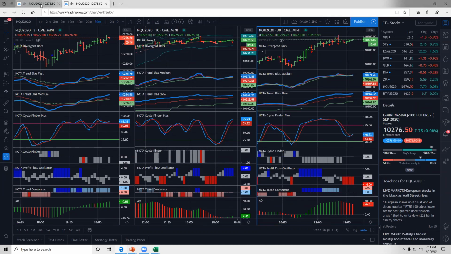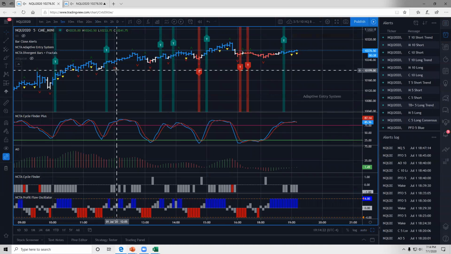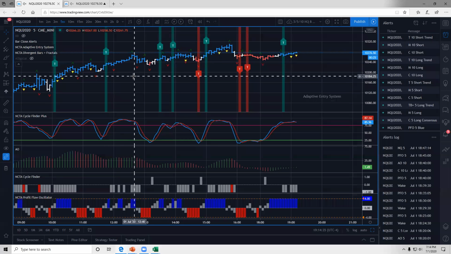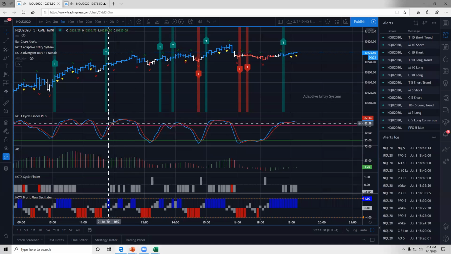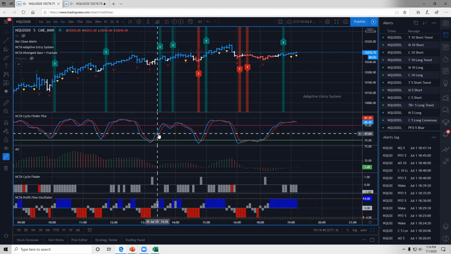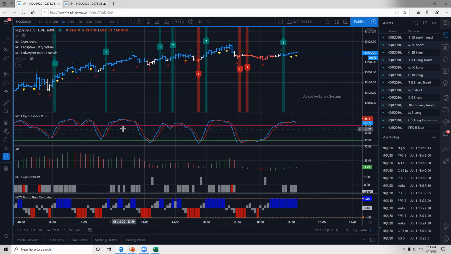So we spent quite a bit of time talking with Craig about taking the trend bias and the trend consensus and consolidating them into a stronger indication of where the trend is starting. Now, Cycle Finder Plus, which is right here, those of you who are familiar with it recognize that. Cycle Finder Plus gets us into the game early in terms of the beginning of a trend. But there are still occasions where it gets us into the new cycle early, but we might have a little